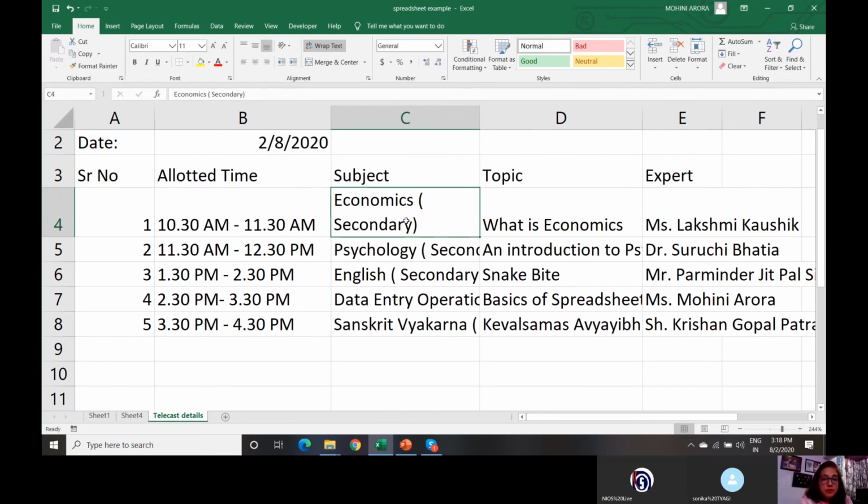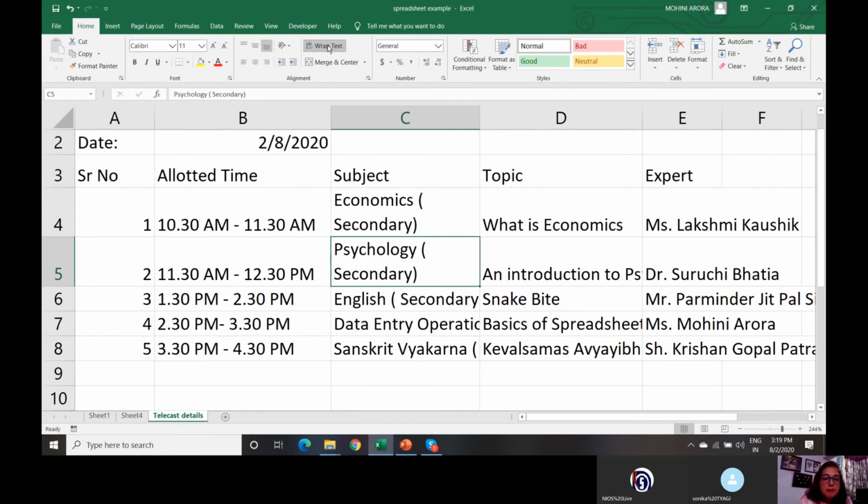In previous versions, say if you are not using 2016, you are using the older versions, then you might find an auto fit button in the home tab. That is not present as of now. In the home tab, in the format section, you have the auto fit button which helps me to fit the data of a particular cell so that the entire content of the cell is visible. As of now, I am using the wrap text feature.